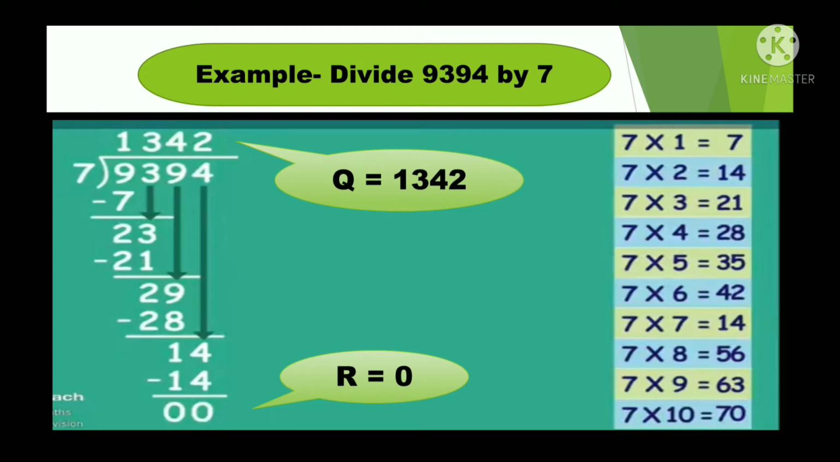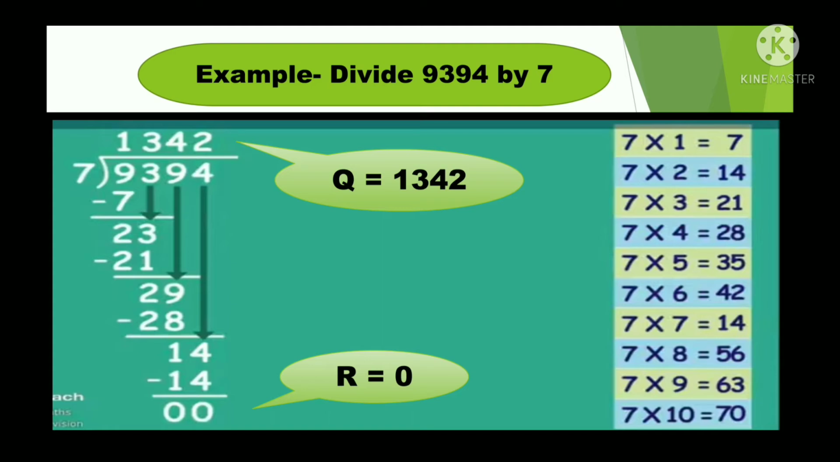Again we'll see the next number, which is 9. So we'll write it down below. After writing, it will become 29. So now again we have to count the table and we'll see the closest number to the 29, which is 28, 4 times. So we'll take it and write it down. 7 4s are 28. Then we have to do the subtraction, and after subtracting we'll get 1, and then we